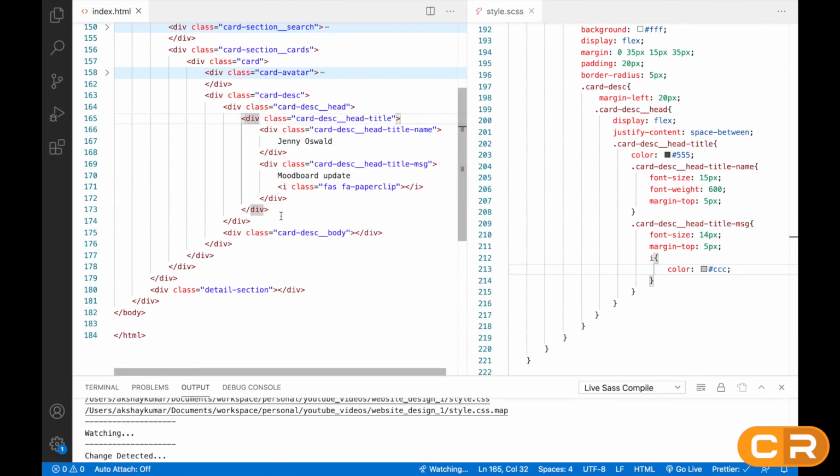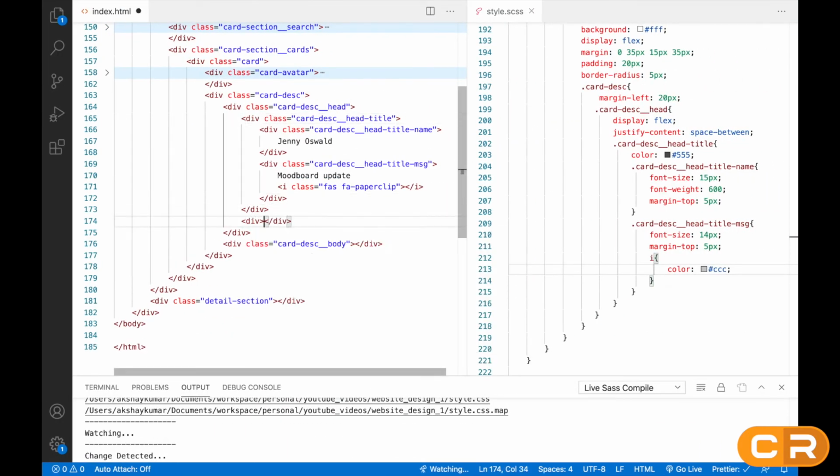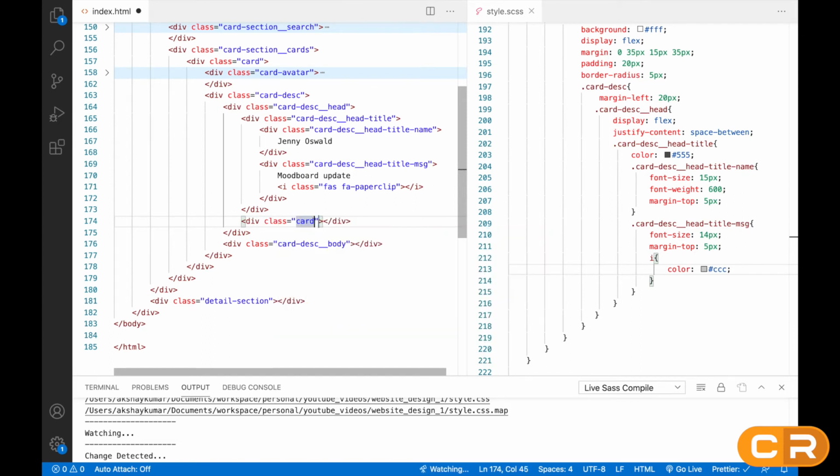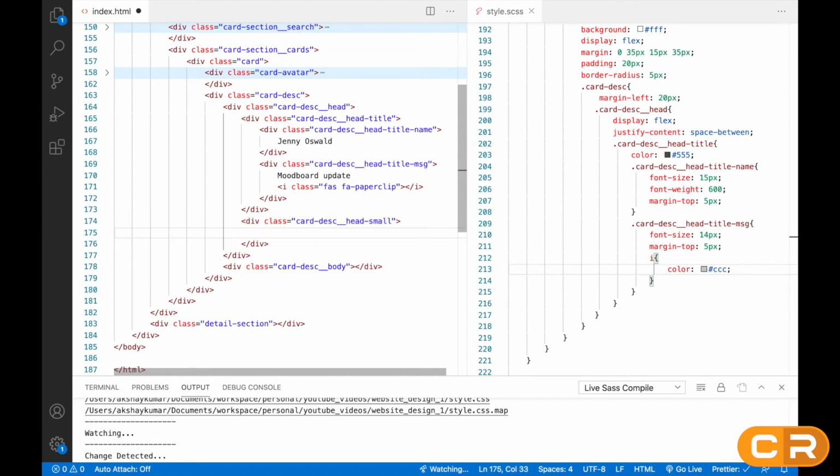So after this title we have to create one more div. So this div class name will be card description underscore underscore head hyphen small. So here we'll write just now. So we'll just style this also.